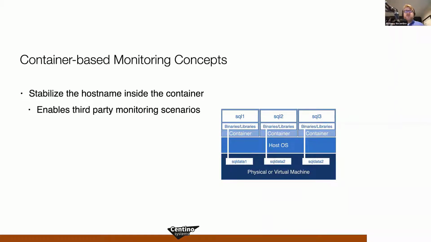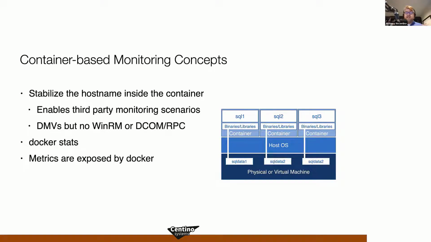When you do that, that really enables third-party monitoring scenarios, because now you can just query the DMVs like you would in any other SQL Server instance, on a stable host name, or server name metadata inside the OS. But a lot of third-party monitoring tools do rely on WinRM or DCOM or RPC to extract Windows perf data. Well, it's not Windows, so your mileage may vary there. For today, we're going to use Docker Stats, which is some Docker tooling to show us the performance utilization of the underlying system. And so we'll dive into that in the demos.